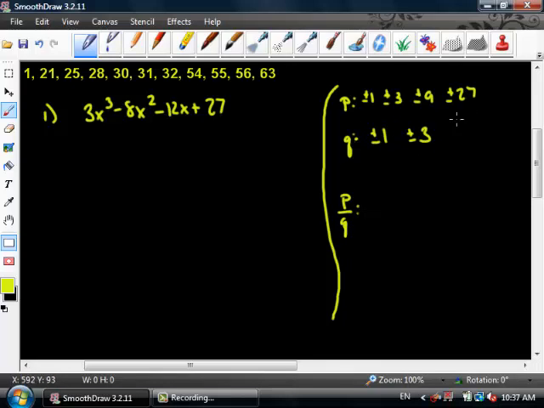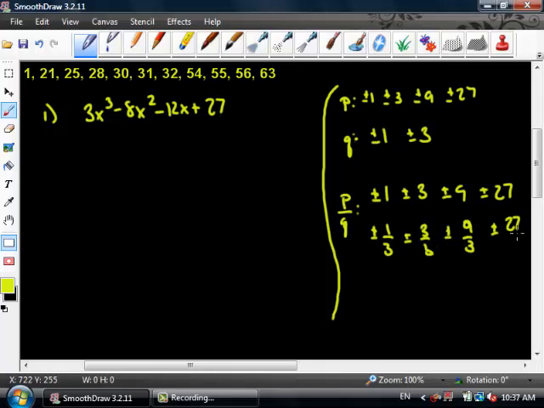So that's all of these things over 1. So that's plus or minus 1, plus or minus 3, plus or minus 9, and 27. And then now we have to put them all over 3. So that's plus or minus 1/3, plus or minus 3/3, plus or minus 9/3, plus or minus 27 over 3. And so since this equals 9 and we already have it, it's gone. This is gone, and this is gone, because we don't need any overlap. So all we have here is our Tetris block